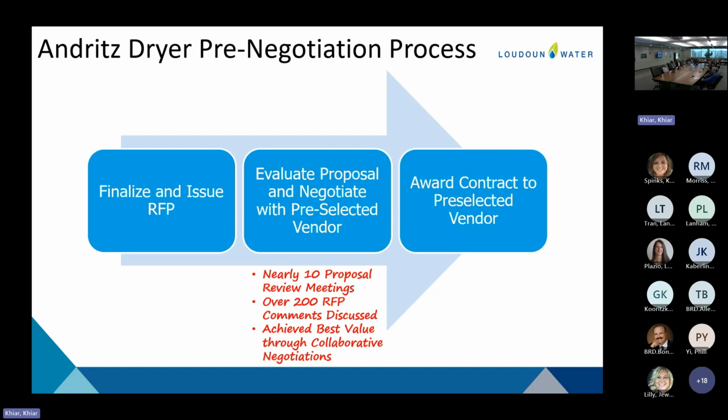What is the life cycle? 20 plus years is what we're buying with this system. You mentioned Andritz is really the only player in this space. That's correct. So there are no other vendors you can get to? Well, I just want to clarify that a little bit. There are other dryer manufacturers, right? Yes. Just, they all make a unique system.